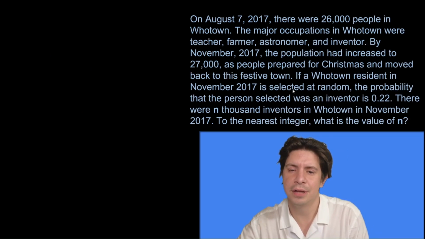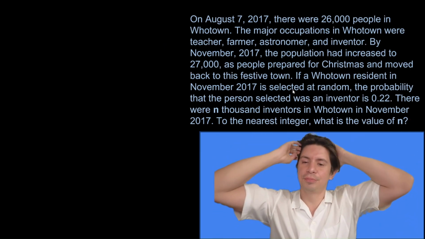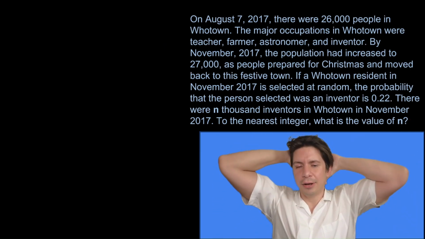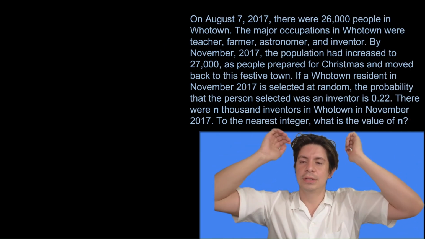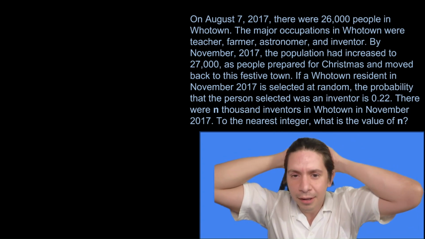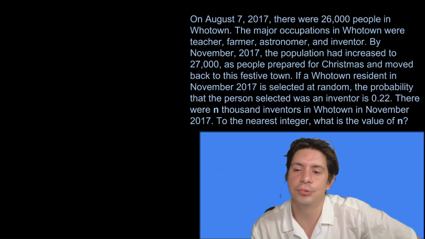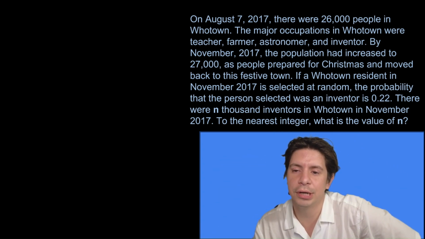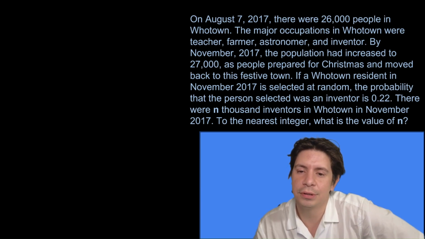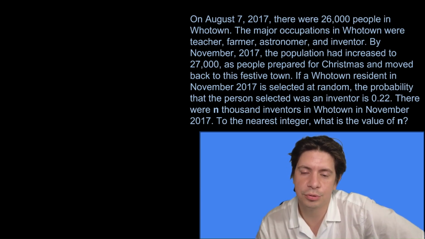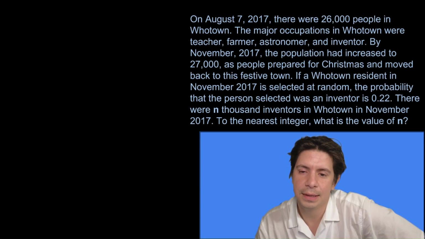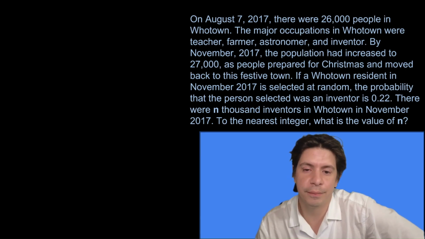All right, I have another one here, probability and conditional probability. On August 7th, 2017, there were 26,000 people in Hootown. The major occupations in Hootown were teacher, farmer, astronomer, and inventor. By November 2017, the population had increased to 27,000 as people prepared for Christmas and moved back to this festive